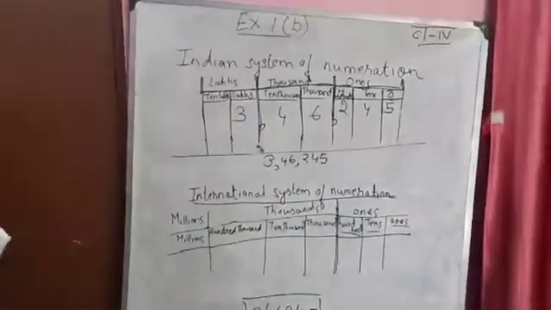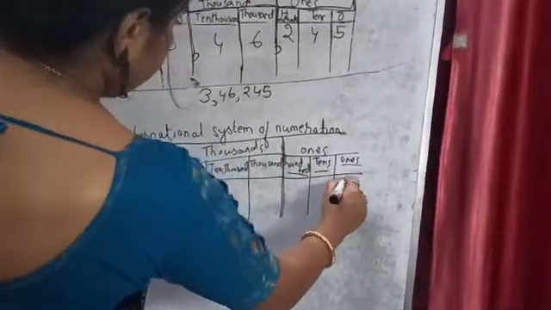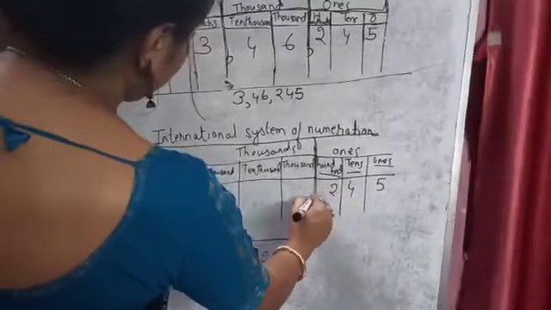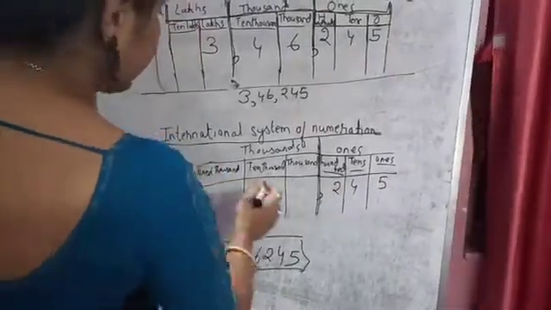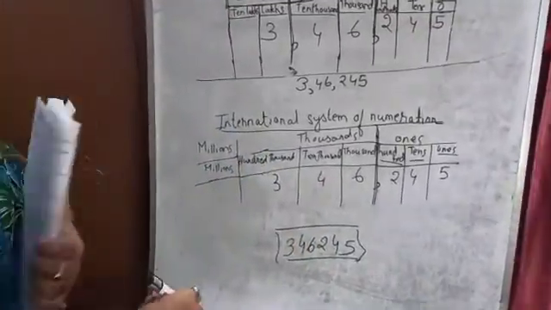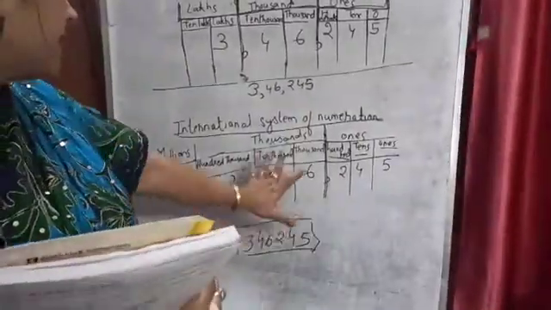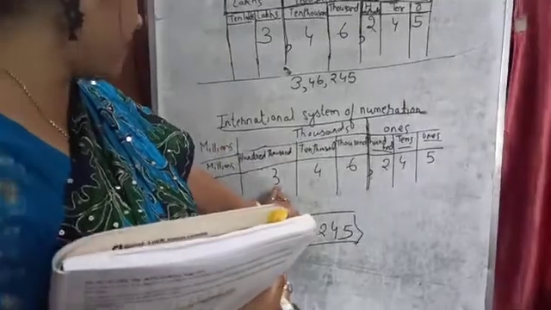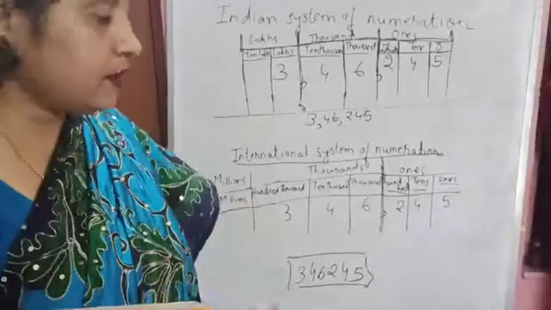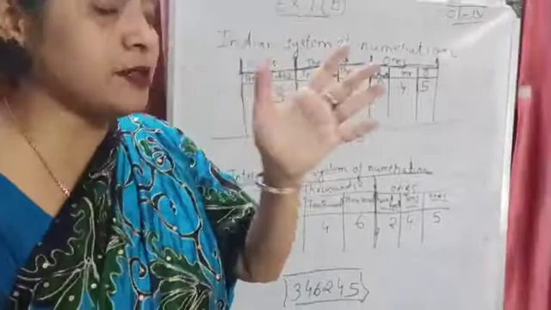Then for the same sum we are going for the international system of numeration. Let's see what happens. For the ones it's the same. So you'll put a comma over here. Then we see that 6, 4, 3. So how you will write the number over here? You'll write the number like this, and how you'll give the comma? It is in the thousands place. It's 346,000. Okay, and then 245. This is how you count in the international system of numeration.